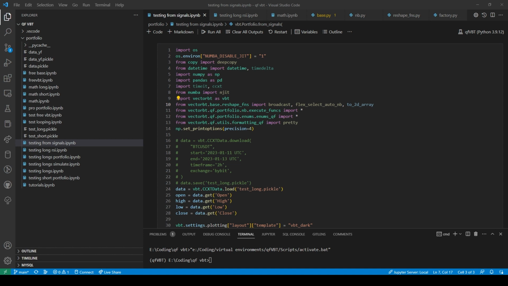How's SL not defined? Oh, np.array. Why is this like that? So this is stop loss.